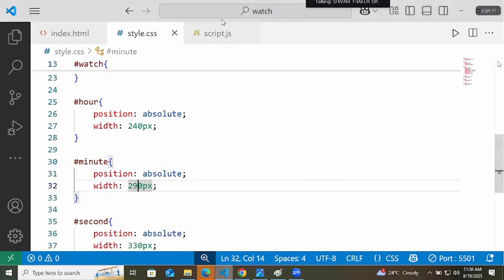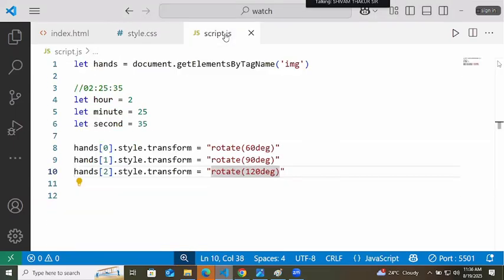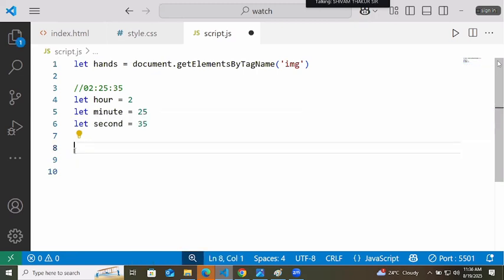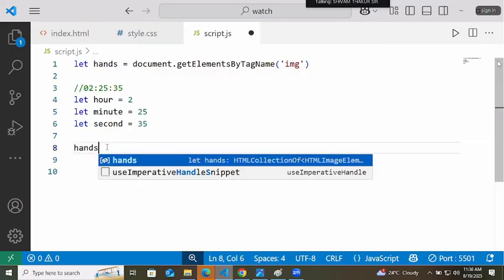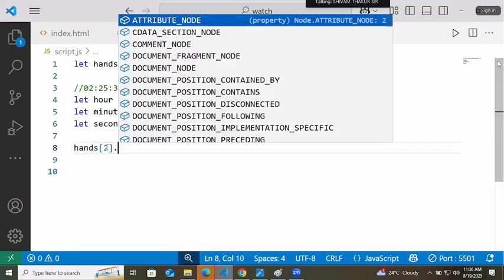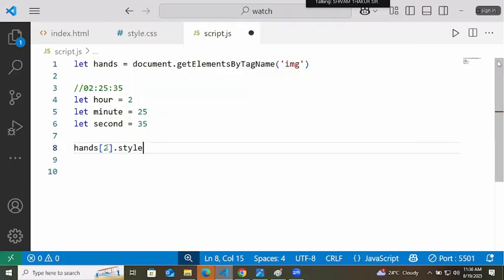Now you have to think a little bit. At first, the hand of second will move, right? Second is the third part, so I will rotate that. Hands with the indexing 2 dot style dot transform and I will rotate it.